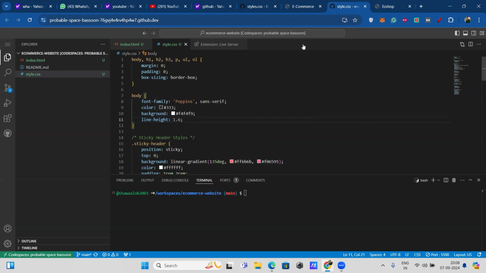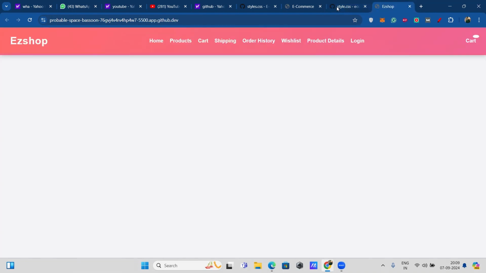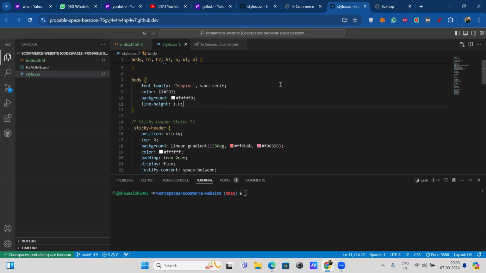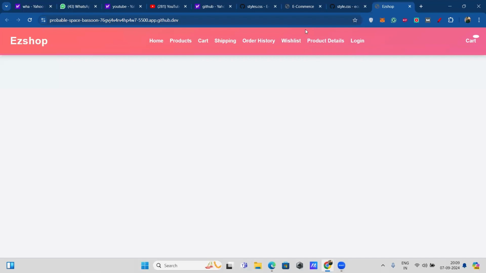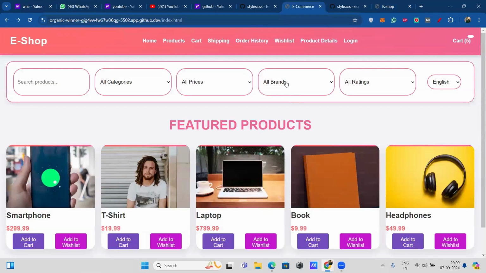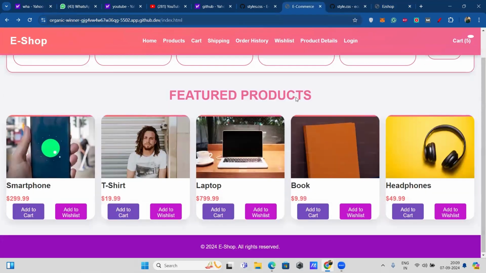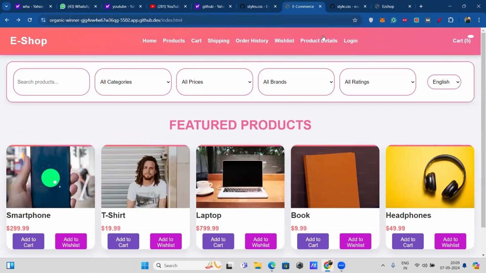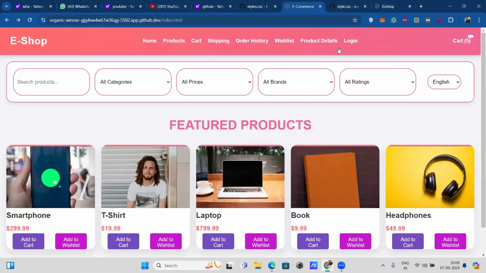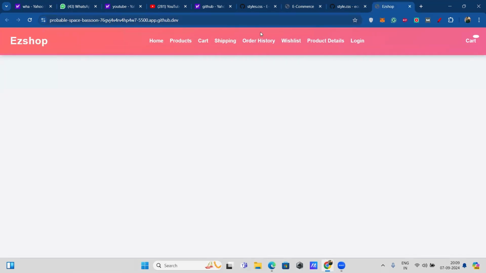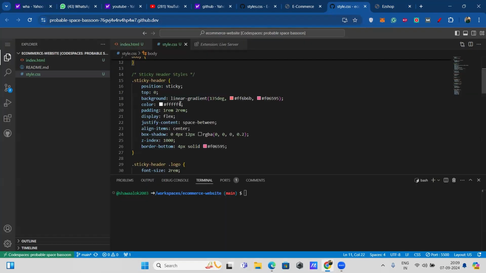Okay, this is good. There is the sticky header, position sticky. Whenever I'm hovering, it will stick to the upper portion. Next, top is zero. Top zero. If I set bottom to zero,